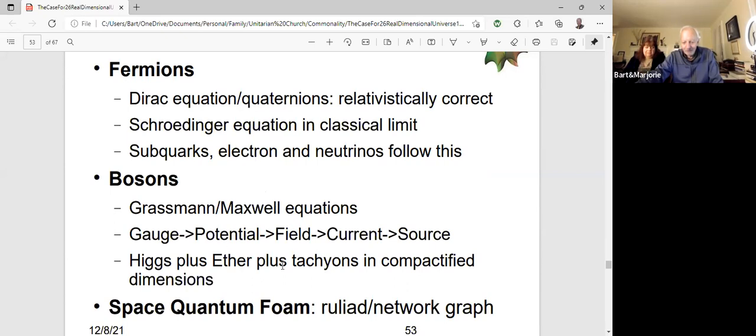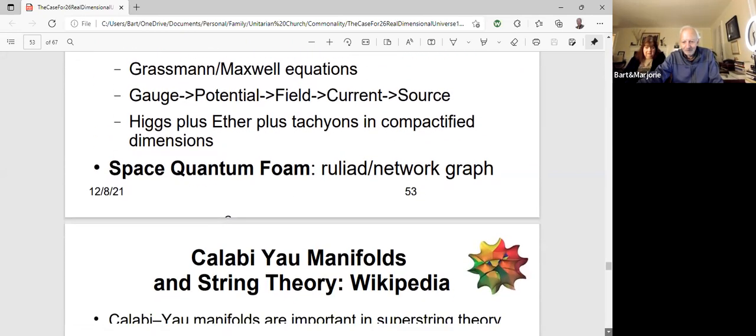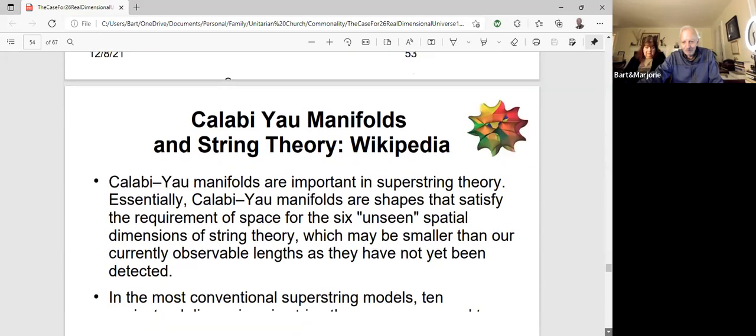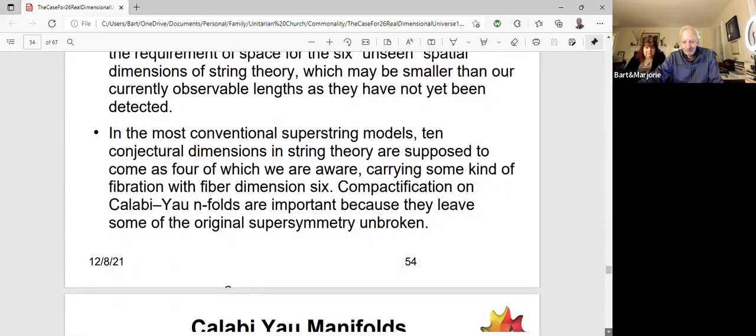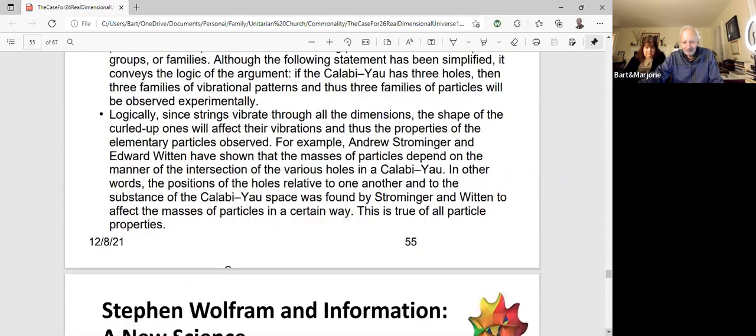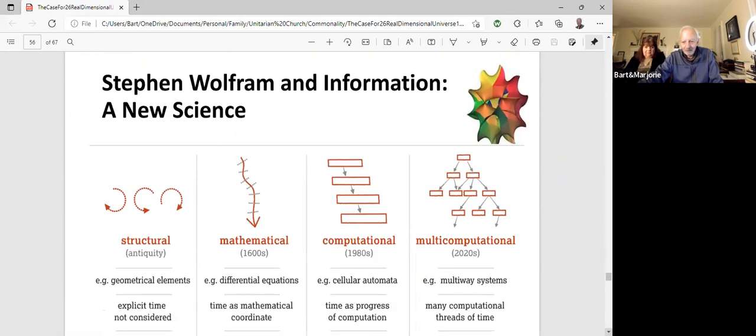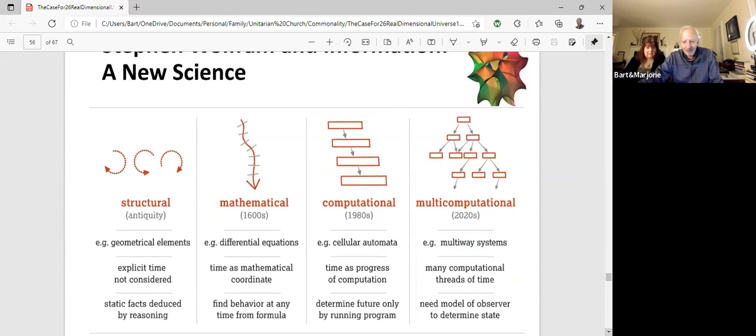And when we include the ether into it, then we end up with all the other forces that we're worried about. So that takes care of all of the equations. And the only thing different here is what in the world do we do to describe the ether or the quantum space foam? And so that's where we're going to come back to Wolfram. And what Wolfram was saying is the following,